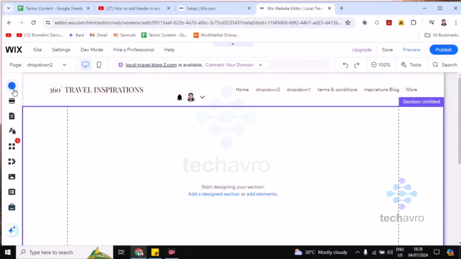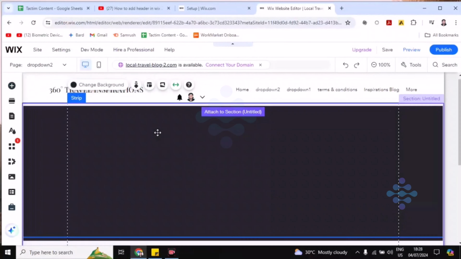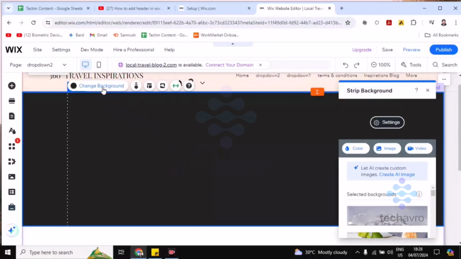Now you have to click on this plus icon, Add Element. Now you'll find here Strip. Click on Strip and you can click on this. And now if you want to change the background, you can see here Change Background. Click on this and click on Image,